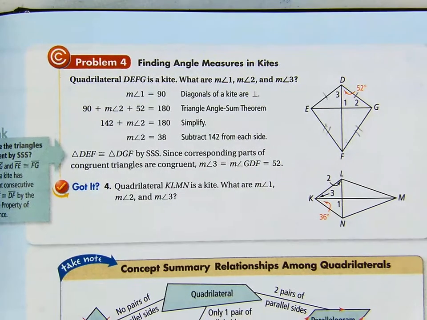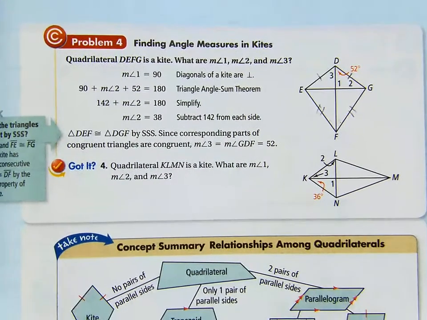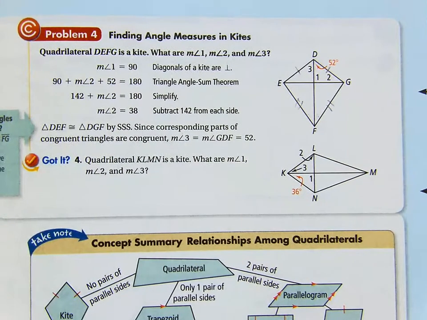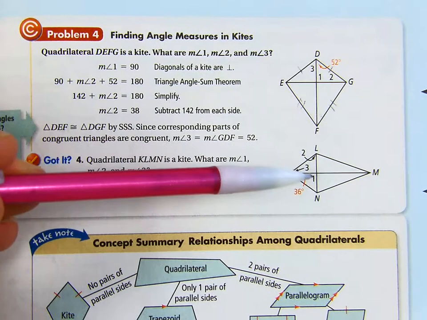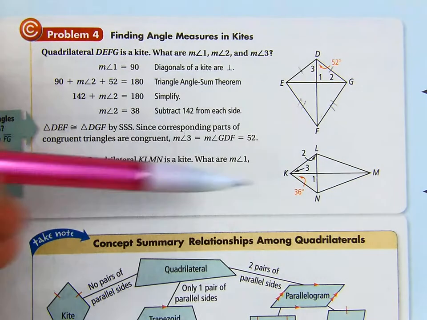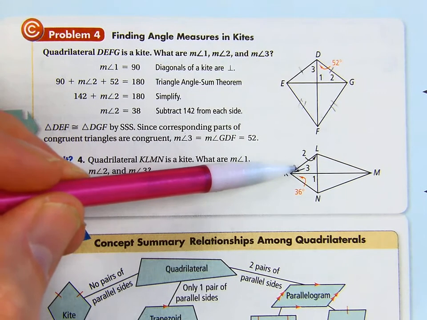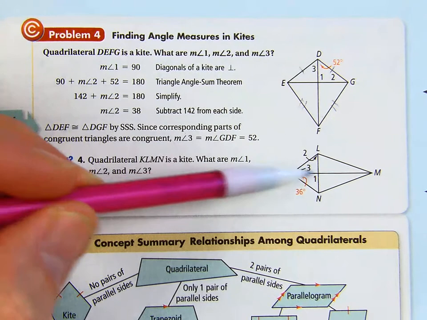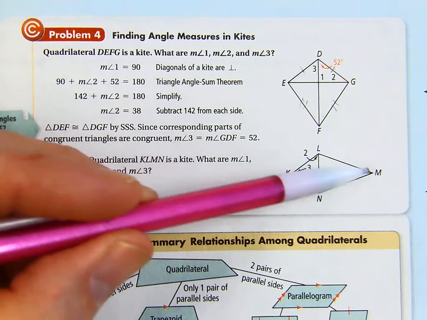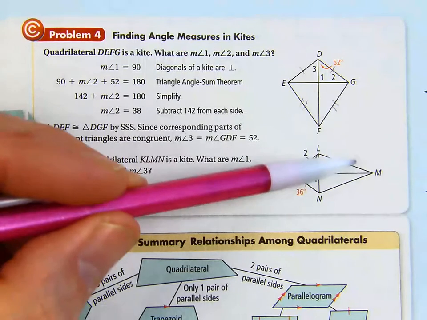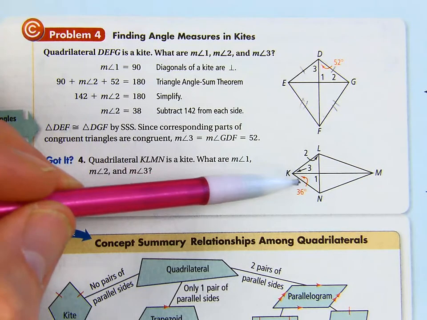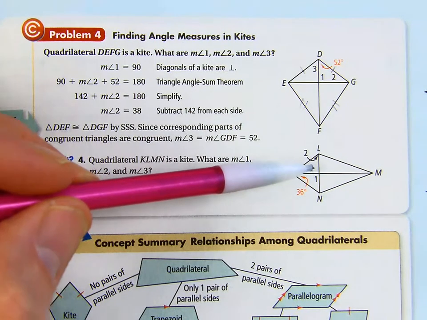Okay, another picture. You got a lot of practice doing some of those problems in the homework assignment. Same thing, we got a kite here. Angle 1 is going to be 90 degrees. If this is 36, then angle 3 will be 36. Remember, because that diagonal is going to bisect these two angles. The angles between the two congruent sides, they get bisected. So that one's 36. And then 36 and 90